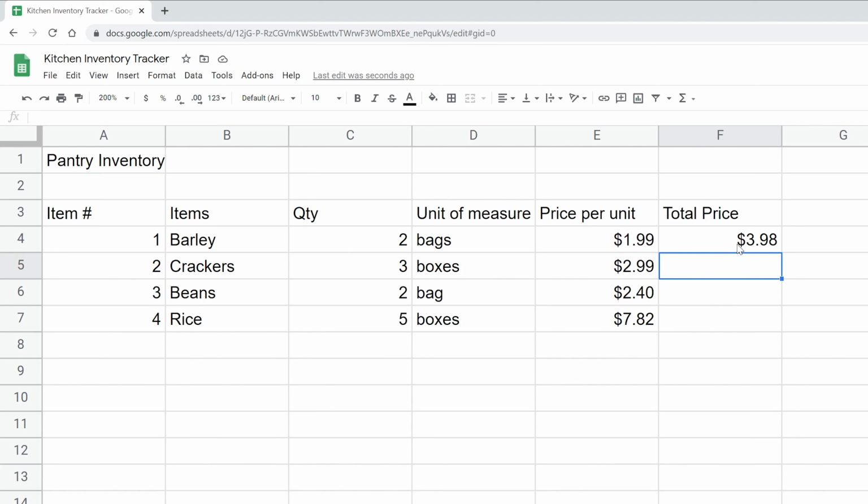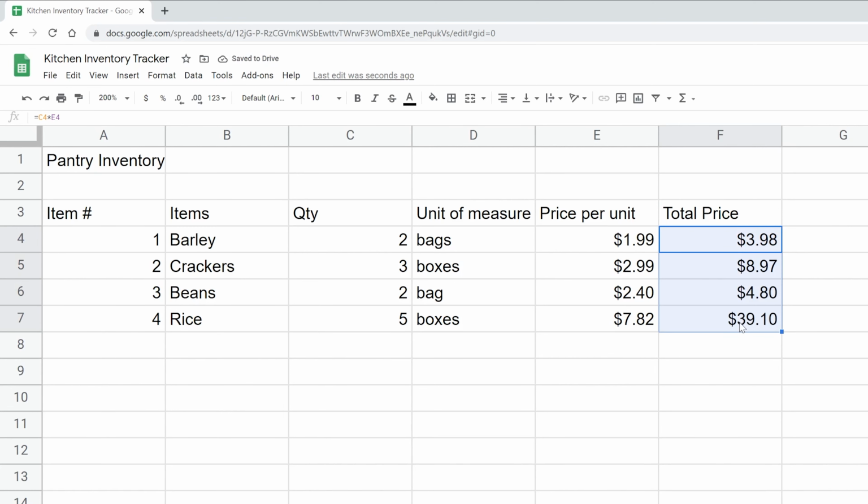Next thing that we want to do, we want to calculate that total price for all of these items. And this is a very powerful thing that spreadsheets can do that saves tons of time. So when you learn to use them well, you use all of these tricks. So the one thing that we want to do here, let's go back into the cell, is that we want to drag this down similar to how we did the item numbers. So let's left click, drag it down, and let's see what happened here.